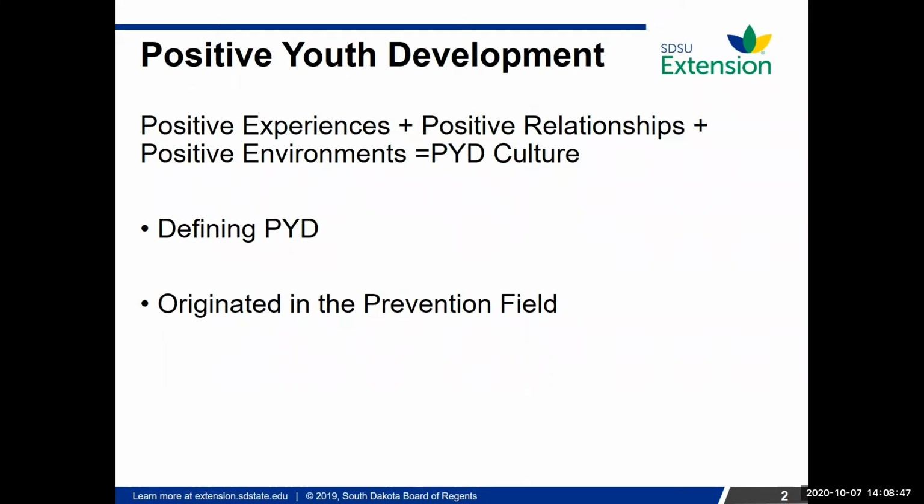This practice originated in the prevention field, but only with a single focus on programs. Things like teen pregnancy, substance abuse, and juvenile delinquency were addressed using positive youth development. Over time, it was discovered to be a valuable tool in theory to help all youth to be successful. Positive youth development complements efforts to prevent risky behavior and attitudes in youth while supporting efforts to address negative behaviors.